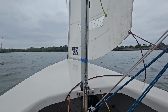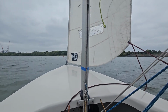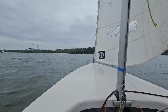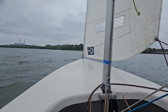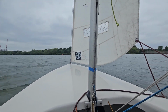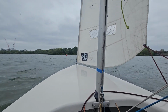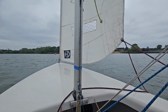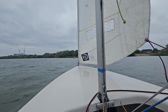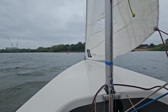Okay. Should we sail towards the docks? What we can do is sail towards that red boat in the water in front of us. Different kind of boat from yours. And then when we get there, we're going to turn. How close can you go to those ducks near that? Well, the ducks usually fly away. It depends on how they're feeding. So when we get to this red buoy, that's enough. Can you see it? Take the rope out of the jaws in that mechanism. Are you listening? Yes. Okay. And then we will